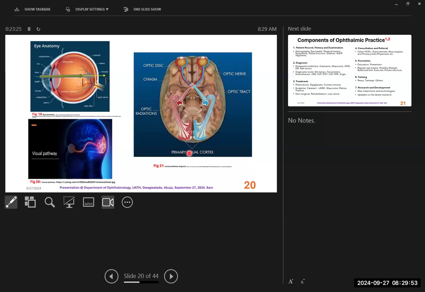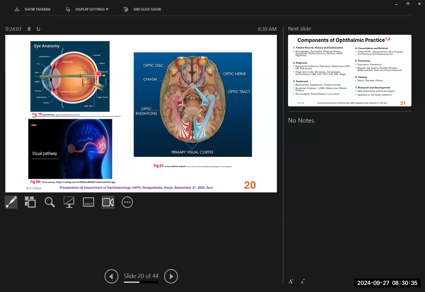Then can we look at this figure 19? You see this schematic drawing of the eye. You can see the cornea, the anterior chamber, the pupil here, then you have aqueous occupying, then the lens, then the vitreous, then you have these rays of light going to the eye, then getting focused around the macular area. If you like, you can call it fovea, if you want to be precise.